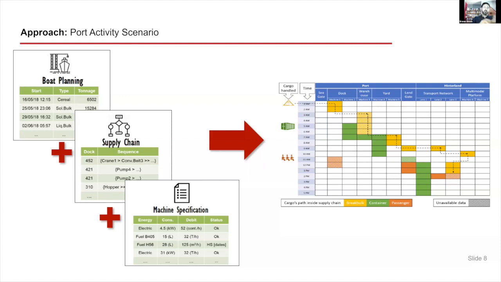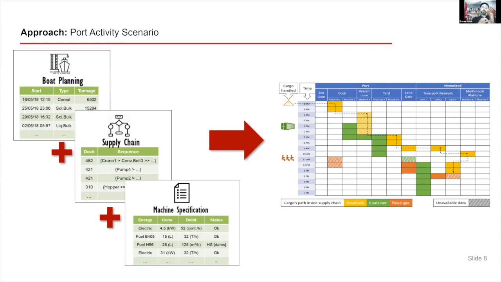I will use a cron, and after that, when it is finished, it will trigger this operation that will occur for 20 minutes, and this one will occur until this other is finished, this kind of relation. And this involves machines, areas, roads that have a specification. This is the throughput of this machine, this kind of information. With all this information and more, but we keep it short today, you obtain the path, the port activity scenario